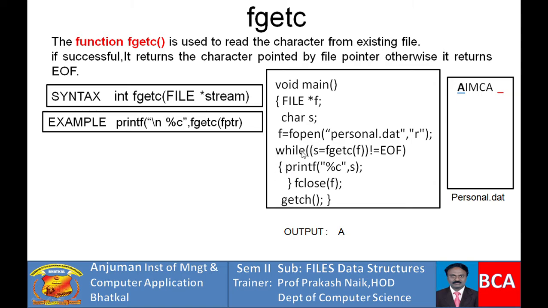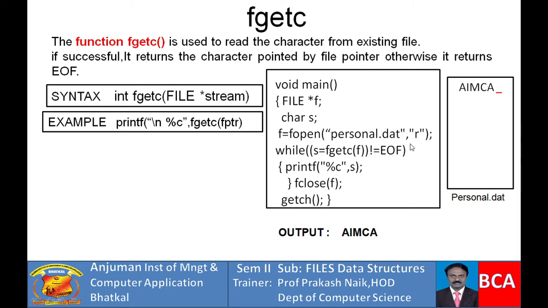As it jumps back to the while statement, the pointer goes from the file name to the next address. You can see here, this time f is pointing to I. Now this content of f will be retrieved by fgetc and stored to s. Now what is the content of s? The content of s is I. Is s not equal to end of file? Yes, s is not equal to end of file. It comes inside and prints s. What will print? It will print AI. Again it goes back. This goes on until we get the whole content.